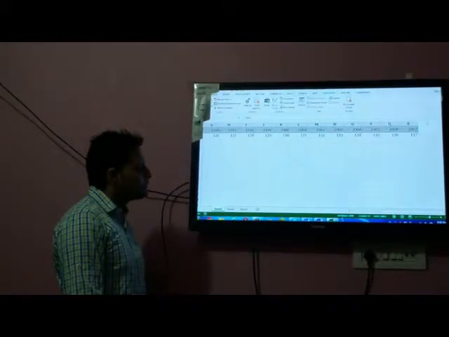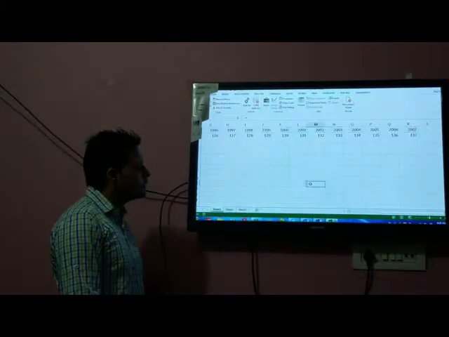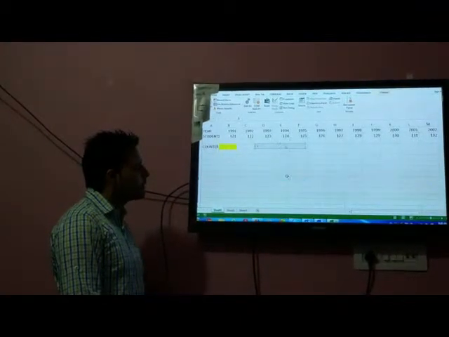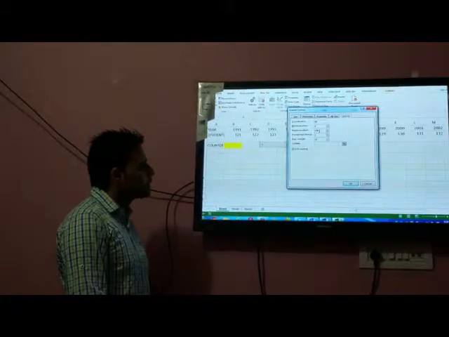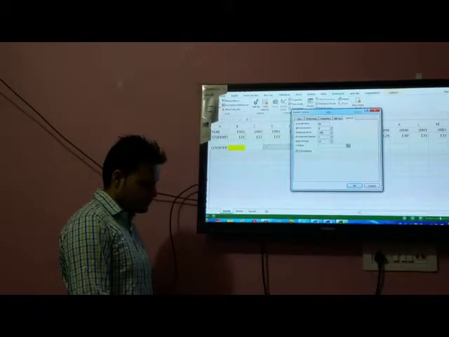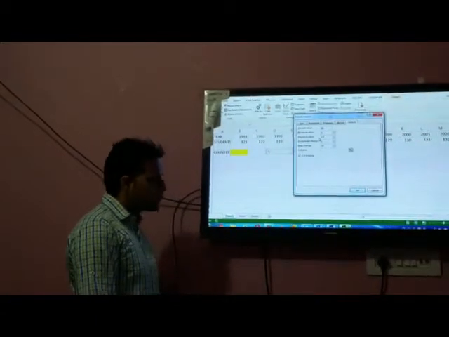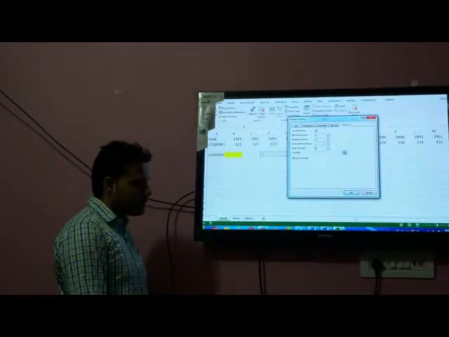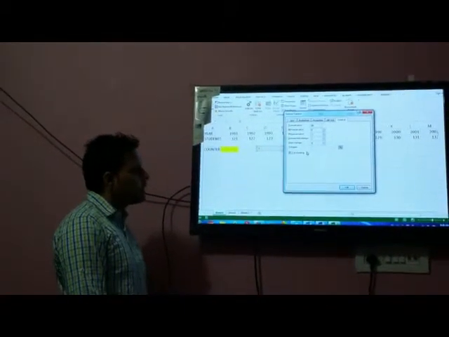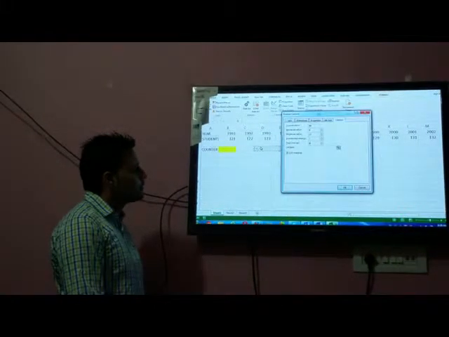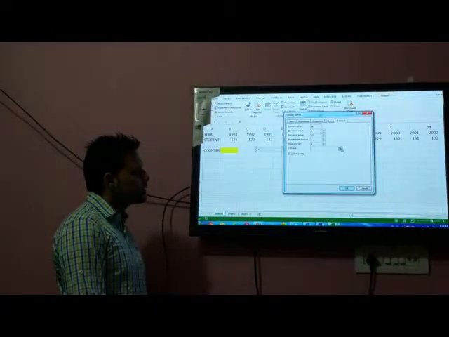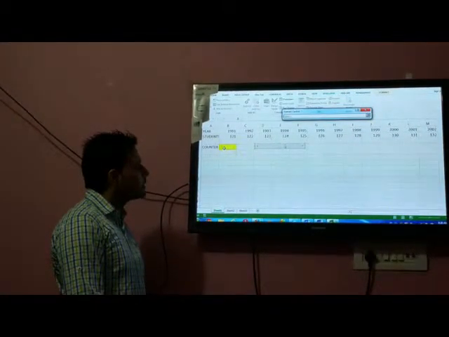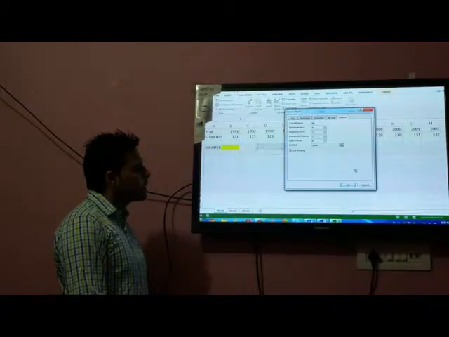So you can go back, right click on this one, go to Format Control and write that we have a maximum of 17 values. Okay, 17 values are there. Now second thing is cell link. I want the counter to be linked with this scroll bar. So we have to click on this option, cell link. Now provide the cell address to this link. This is the counter cell we have. Now simply click on the OK button.